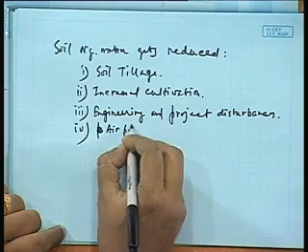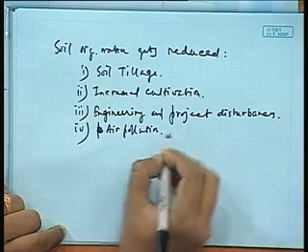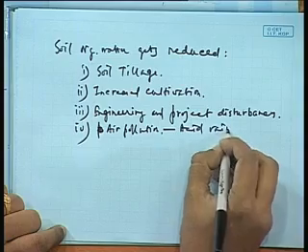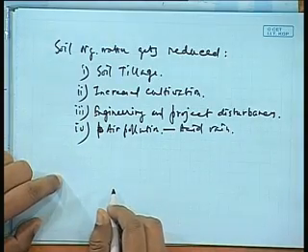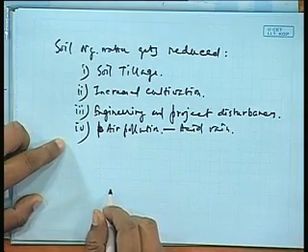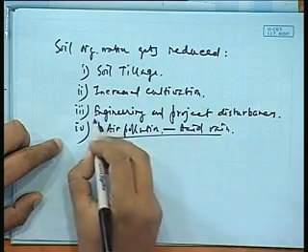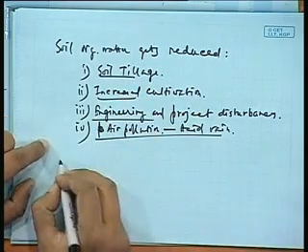If you remember the acid rain that we did, acid rain is another important reason why the soil organic matter gets reduced. And if this soil organic matter gets reduced, it can be enriched